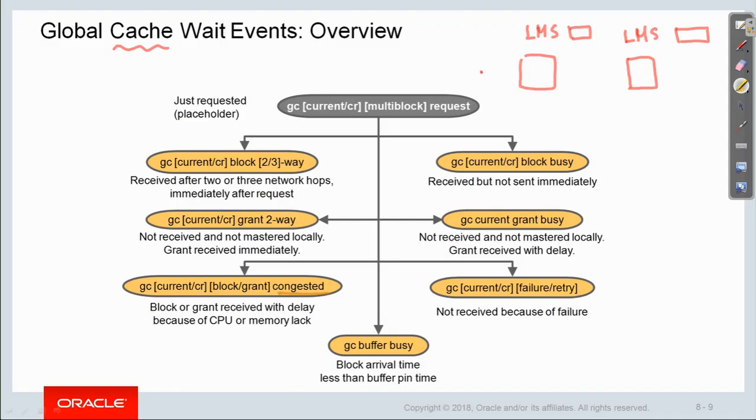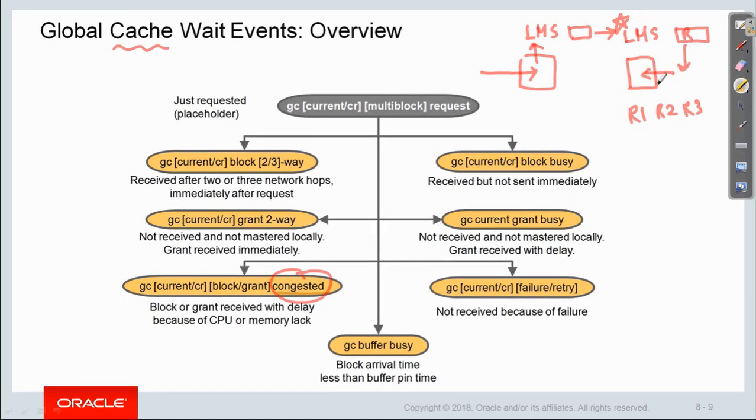So suppose that a session connected to instance 1 requested a resource, and the resource is owned by a remote instance. So, LMS will work with the remote instance, and the request will be enqueued in the request queue, because this LMS may have to serve multiple requests from multiple instances. Okay, the congested means LMS was so busy, so we were not able to dequeue this message to